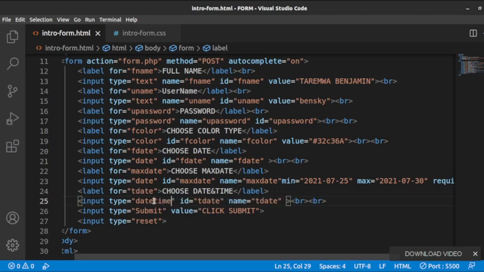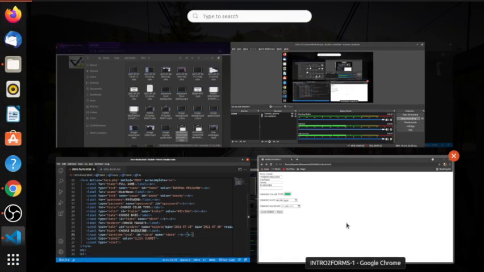date time dash local. This is used on situations where you want the local information to be picked, the local date and time that is residing on the machine itself. Right now is Monday, July 26th, and the time is say about 16:12 or 16:13 hours, and that is exactly what this information would pick because you are setting a local time. Let me show you here. When we refresh our page,